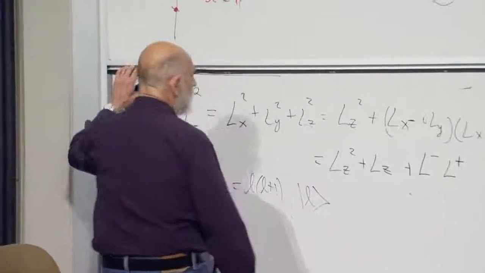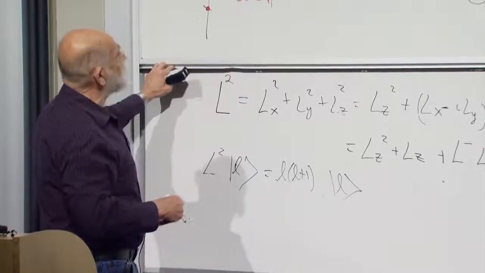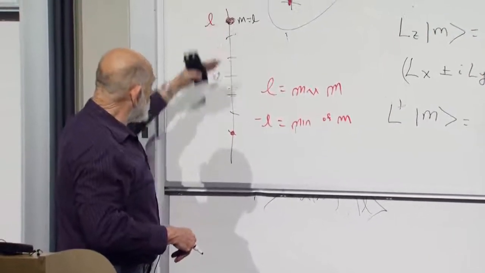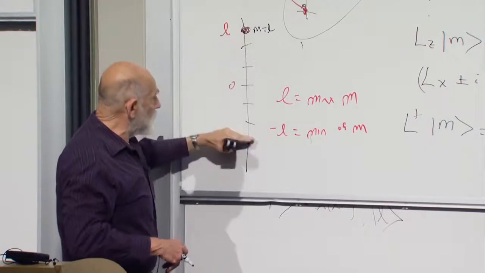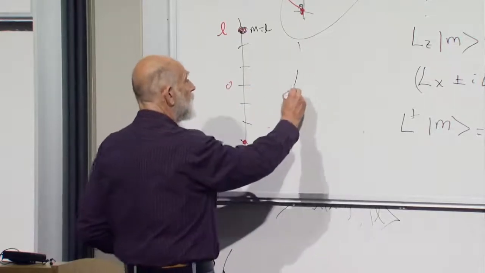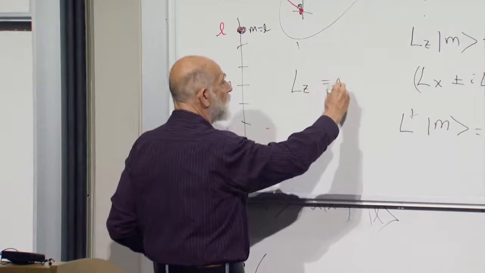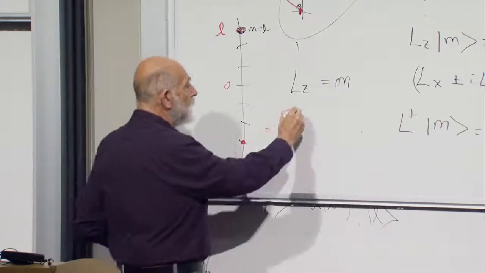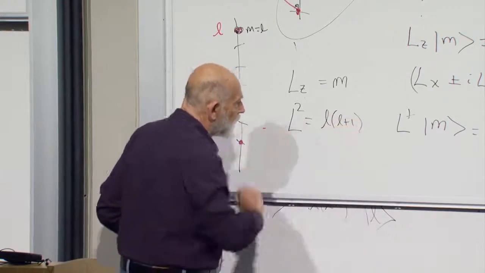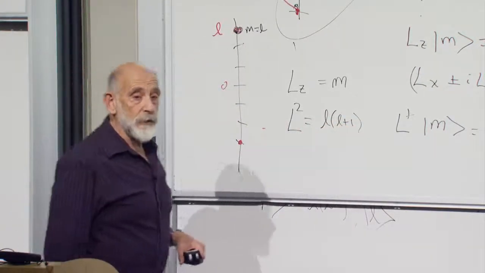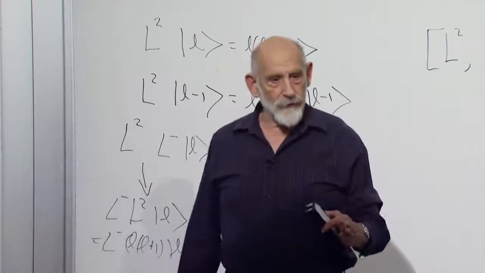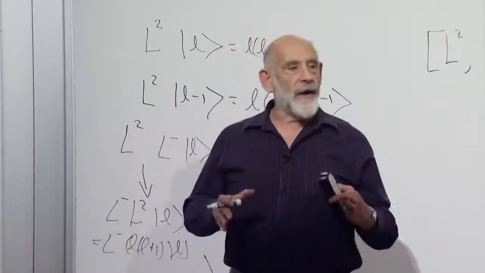All right, so here's what we found from the things that I showed you, plus the little exercise that you can do yourself. When you find a multiplet like this, going from L to minus L, such that there's no more above it and no more below it, you found not only eigenvectors of Lz, eigenvectors for which Lz is equal to m, but you've also found eigenvectors of the square of the angular momentum with eigenvalue L times L plus 1, where L is just the maximum value of m. So, for each one of these little L's, there are 2L plus 1 states, and they all have the same